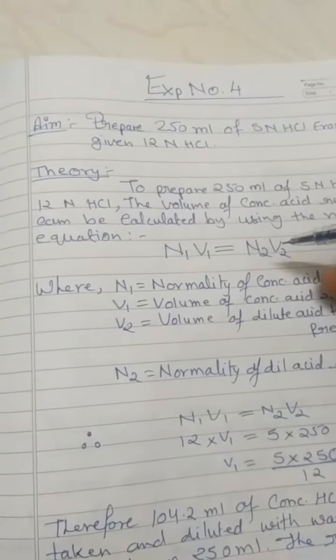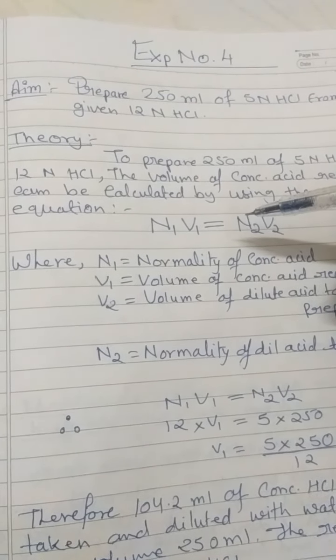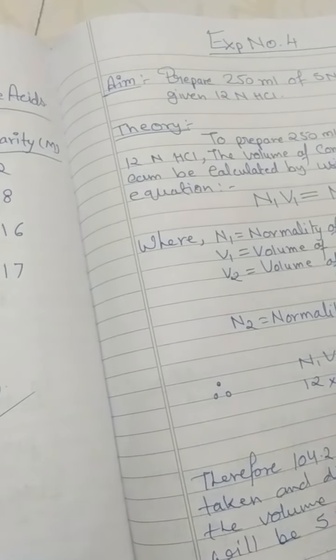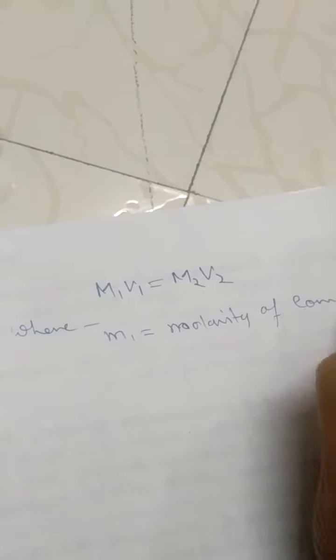Similarly, you can prepare the molar solution. For the molar solution, the molarity equation is M1V1 = M2V2, in which M1 is equal to the molarity of the concentrated acid,